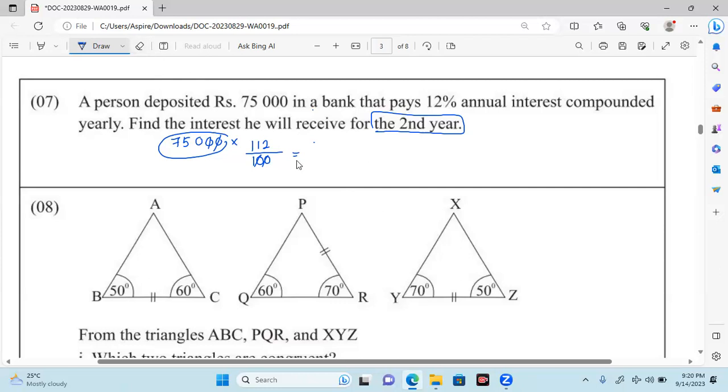Okay, that means at the end of the first year we obtain this amount of money